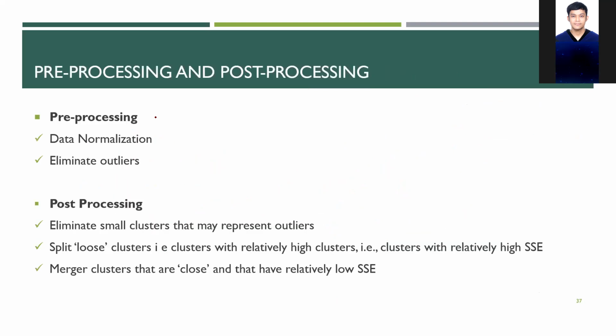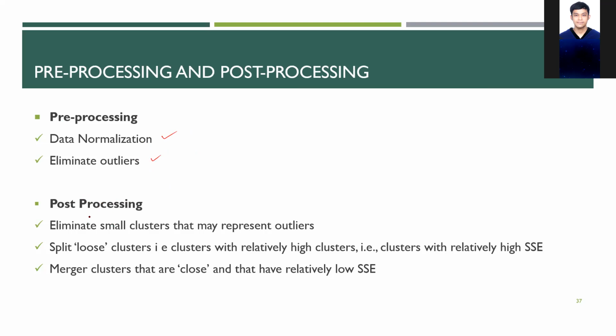Okay, so this is the pre-processing and post-processing that should be done for k-means. Yeah, because there are some disadvantages or drawbacks of k-means, so we have to do pre-processing and post-processing. For example, this is the minimum effort for pre-processing: at least we have to do data normalization and we have to eliminate the outliers before we do k-means. And for post-processing, for example,